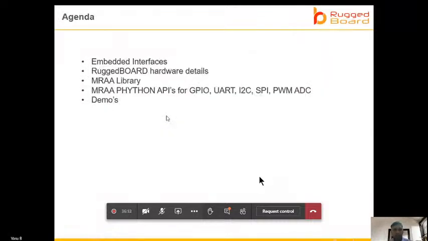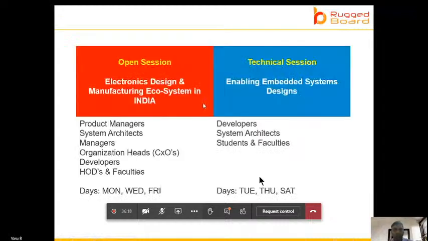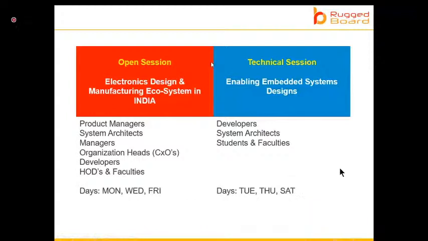Before jumping into today's session, I also wanted to give a brief about the activities which we are doing on a daily basis. This is mainly for the people who are new to the session. The old people have already heard about this. The open session is more of a techno-commercial session which helps to make a business decision to develop your product.